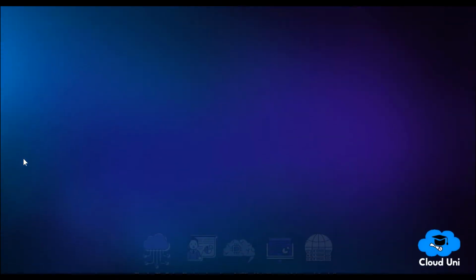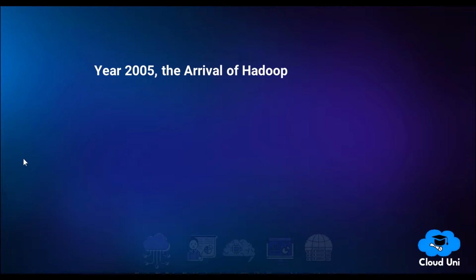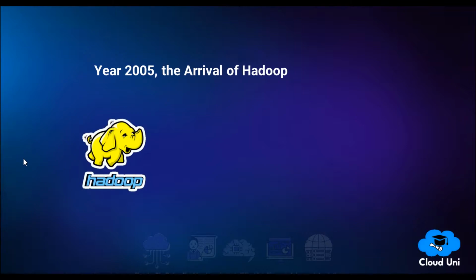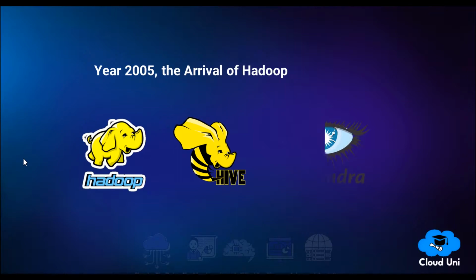Around 2005, Hadoop, an open-source framework created specifically to store and analyze big data sets, was developed. That same year, NoSQL also began to gain popularity. The development of open-source frameworks such as Hadoop, Hive, Cassandra, and more recently Spark was essential for the growth of big data because they make big data easier to work with and cheaper to store.